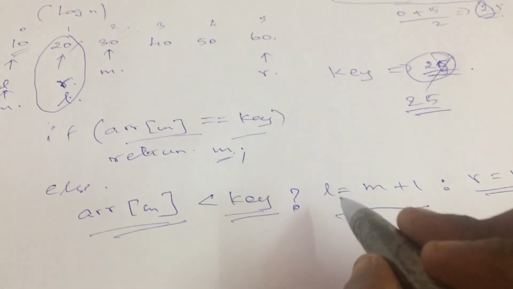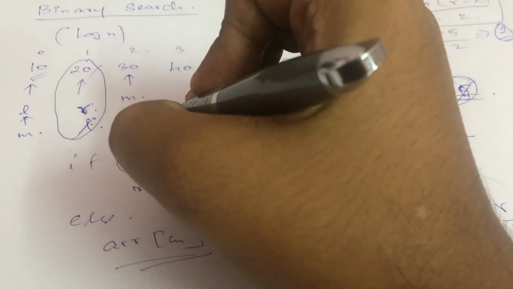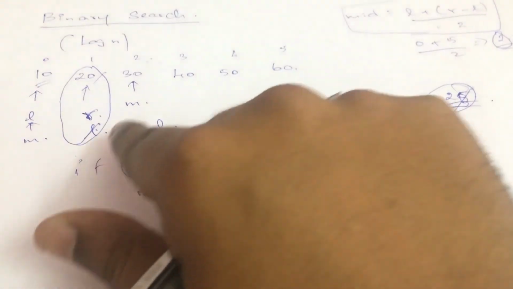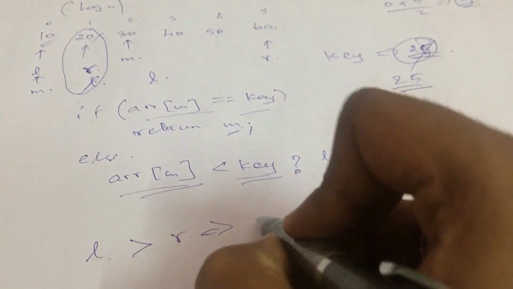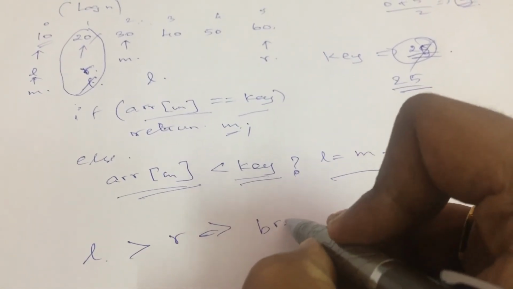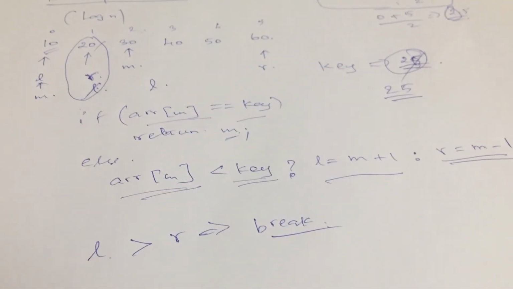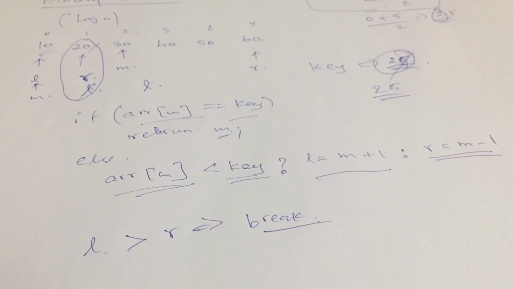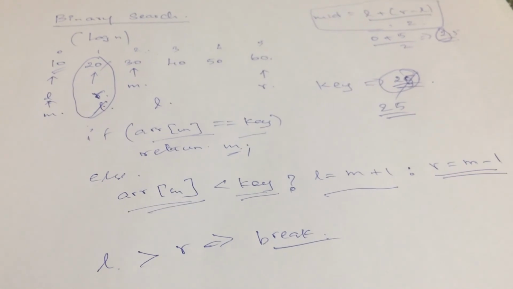So what I'll be doing is the L value will be modified as m plus 1. So again from this part L will be moving one step beyond this, right? So if L is moving one step beyond this, the L value will be greater than the R value. So in this case you have to break your entire loop, right? So we have to break out of the program, so that the final output will be the exact value which we need to find out from this, right? So this is how our binary search algorithm actually works.